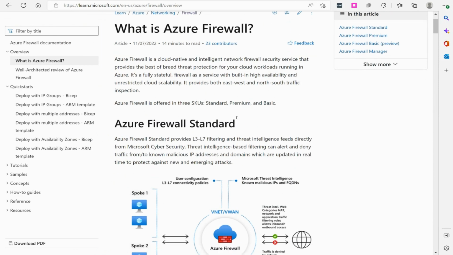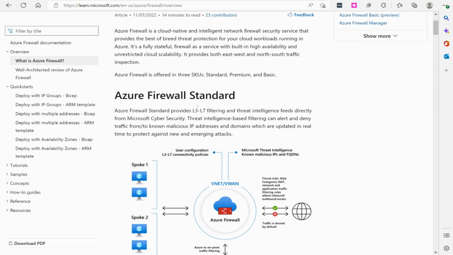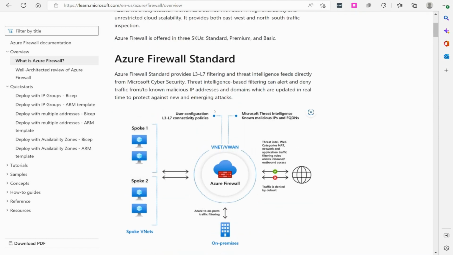The reason I recommend that is because they're always adding new features. It's never ending. It seems like they're doing it about every week, and they're adding new offers. Right now there are 3 SKUs being offered here: stock keeping units, standard, premium, and basic. And you can see those here. With standard, as you can see, it provides a layer 3 through layer 7 firewall for you, which of course is the network layer all the way to the application layer if you understand the OSI model. It supports threat intelligence for alerting and denying based on any type of malicious traffic or malicious IP